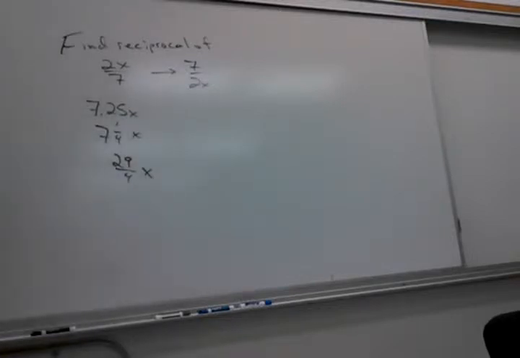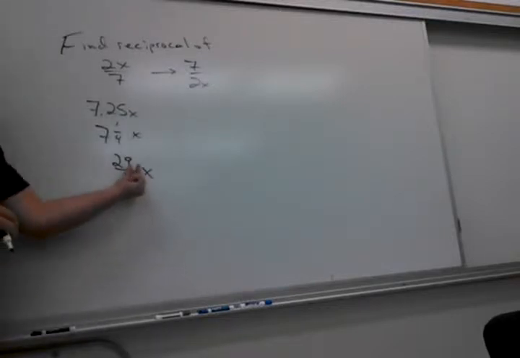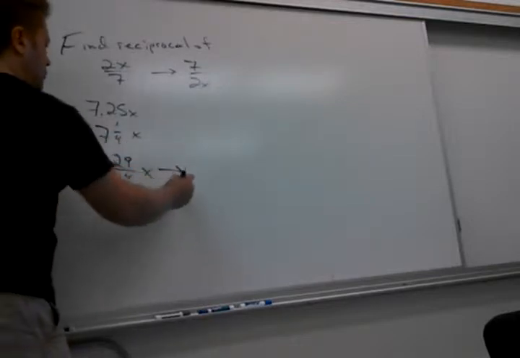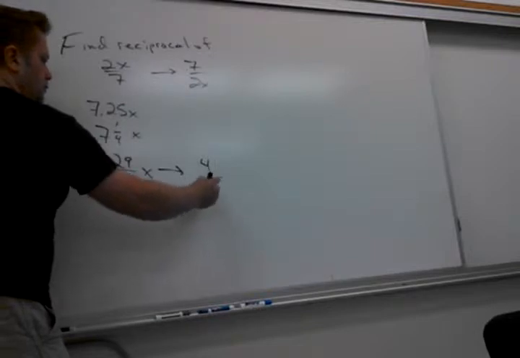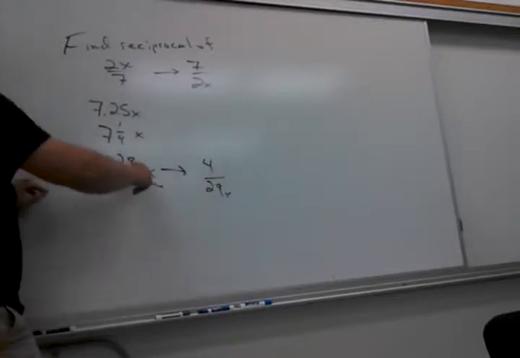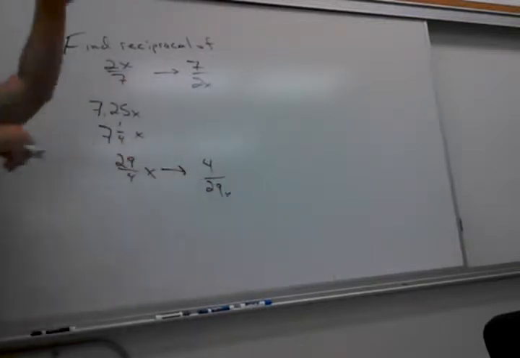that freaks people out. They give me the wrong answer. That x is actually understood to be up top. So when you reciprocate it, what should it become? 4 over 29x. Right? If the x starts off up top, it's got to flip down to the bottom when